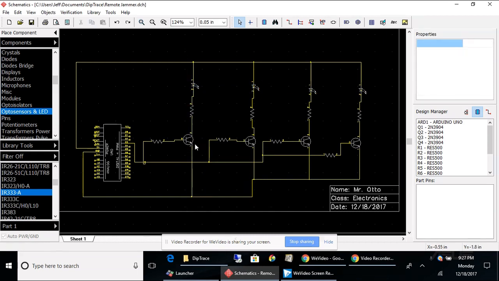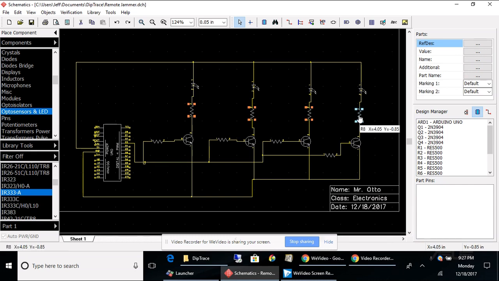Okay. All right, next what we're going to do is we're going to set the values for all of our resistors here, and we'll start with these. These are all going to be 39 ohm resistors according to our design. So we'll select all of them by holding the control button and clicking each one of them. So now they're all selected. And what I will do now is